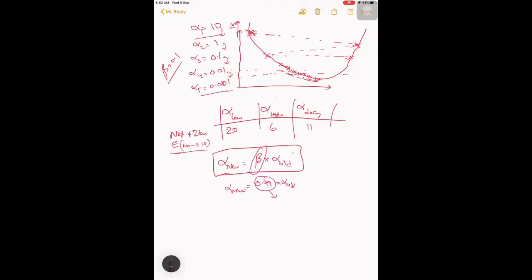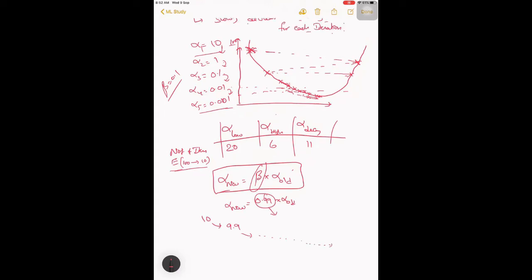So from 0.9, 0.99 will make it slowly reduce. I don't want to calculate again. So slowly it will reach there. But in reality, because it will be thousands or lakhs of iterations, you can actually reach the minimum point.